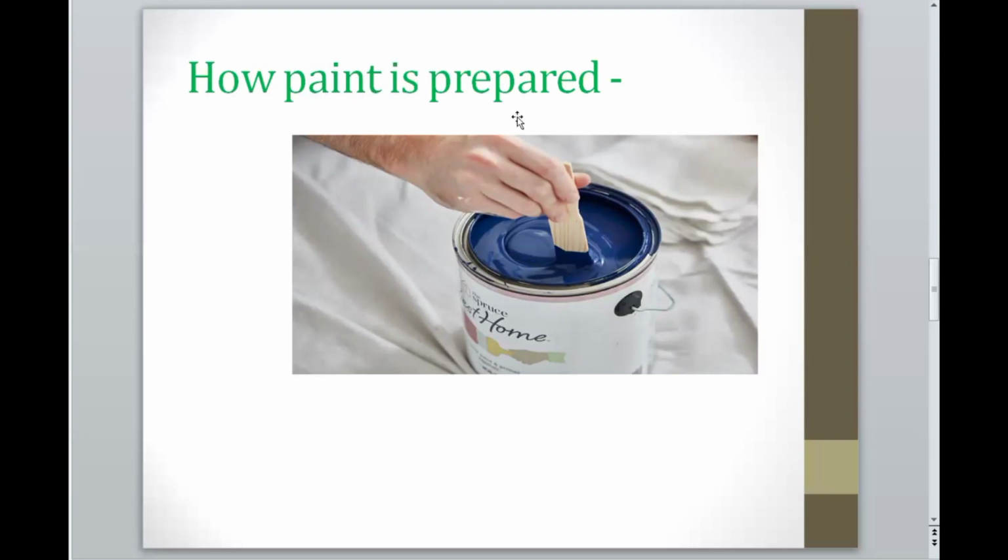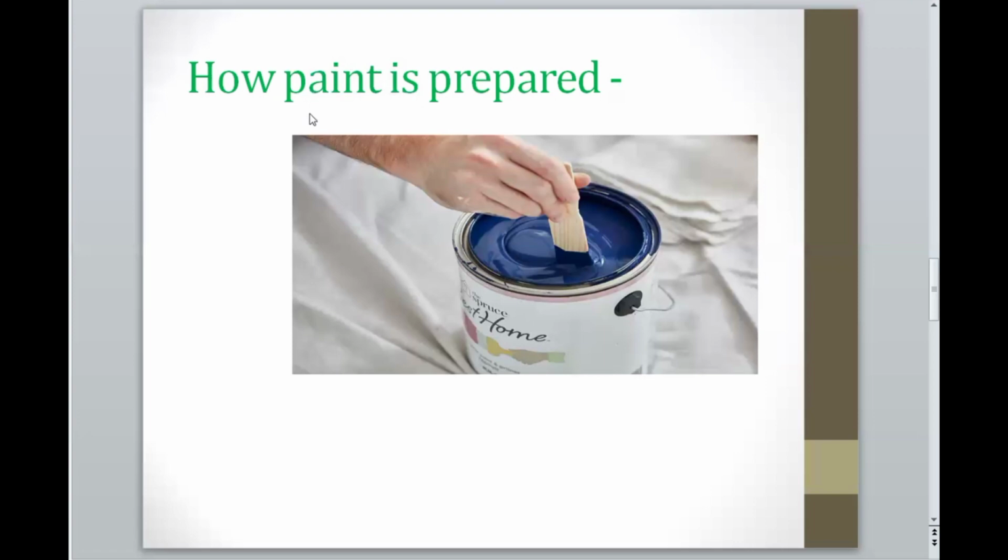So it is prepared by generally a different constituent, but the main constituent of the paint is the pigment and the vehicle. When one or more pigments are added in a vehicle, then a small amount of thinners, dryers, fillers and plasticizers will be added in proper quantity. Then a mechanical dispersion mixture will be produced, and this mixture will be called the paint.